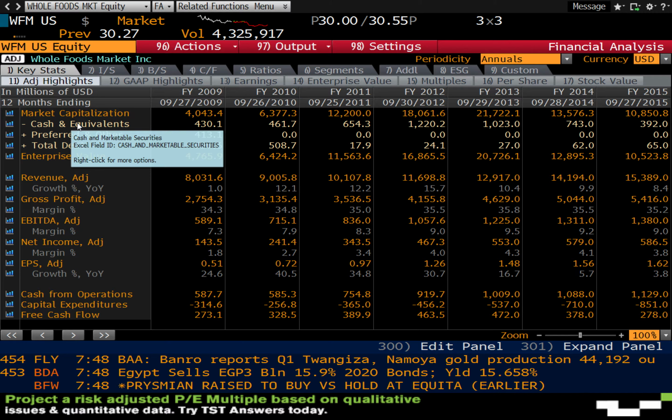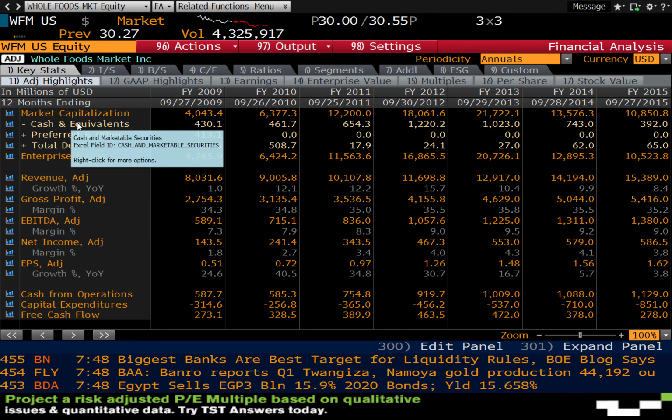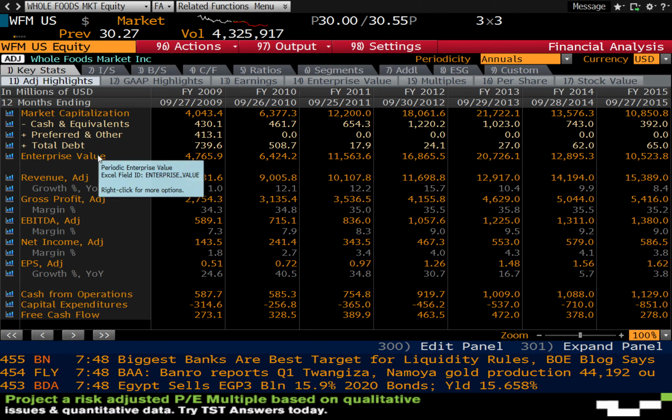Assuming it does have some non-operating assets, then it's the operating asset value plus the non-operating asset value excluding cash. But again, for most people, they say that it's really another way of expressing operating value. So it's a slightly different version than what we calculate for enterprise value. So what we need to do in our model